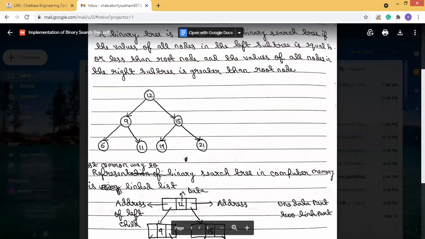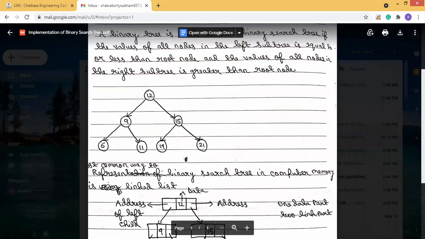So how does it look in a linked list? You have seen that in a linked list, there are two address fields and one data field present. Like that, you have seen that a linked list has three parts.